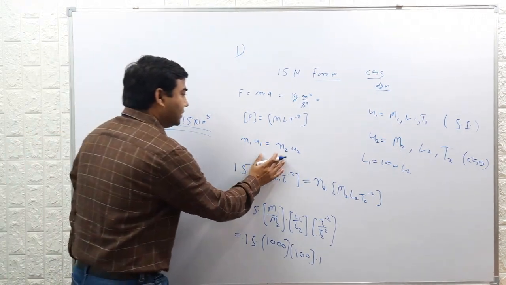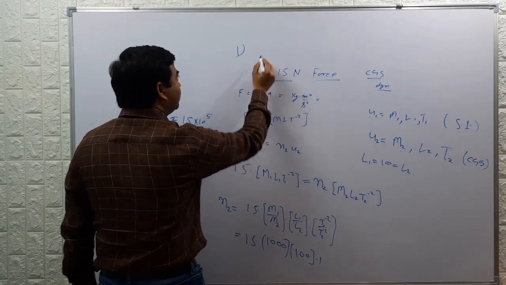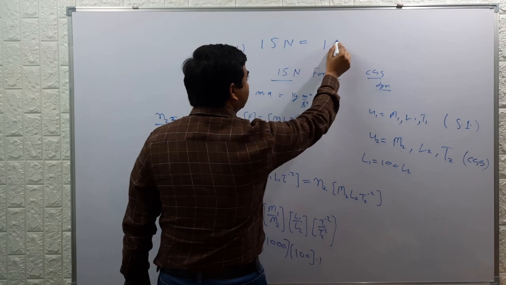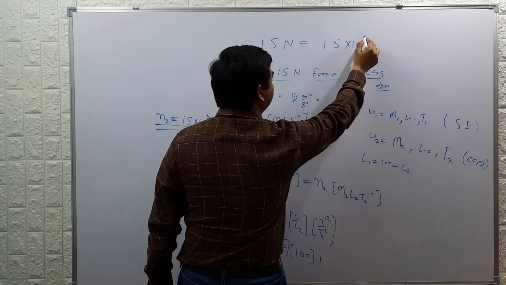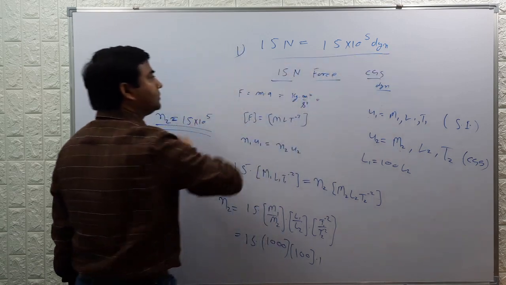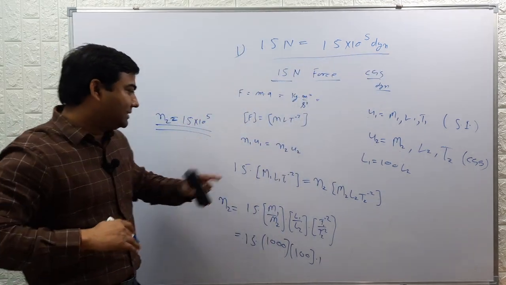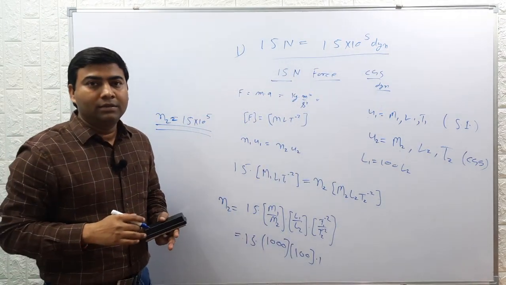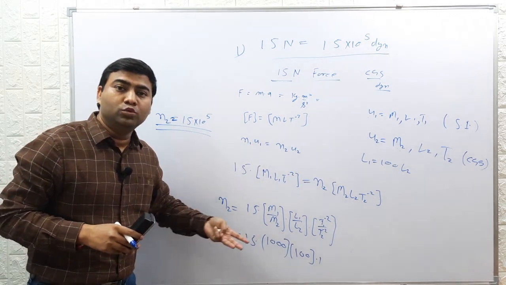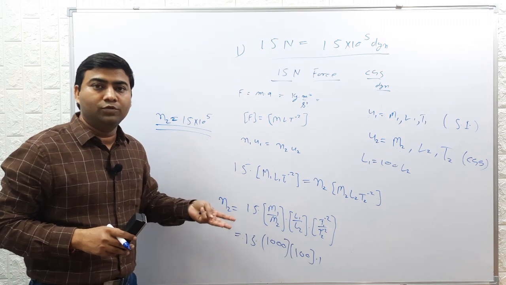So I can write 15 Newton force as 15 into 10 to power 5 dyne. So that is one way to find the numerical value in different systems of units,